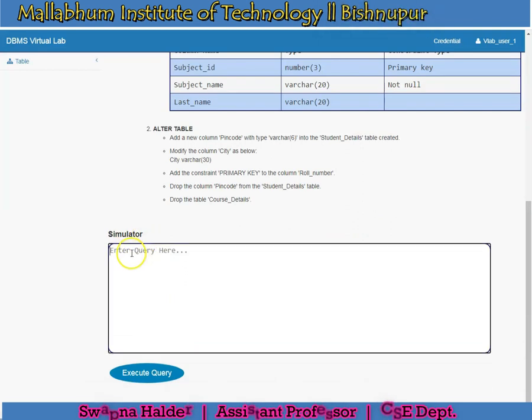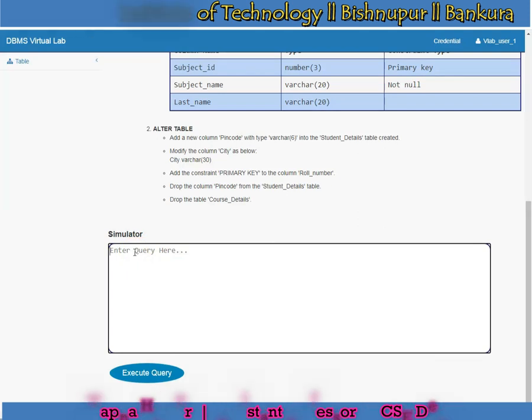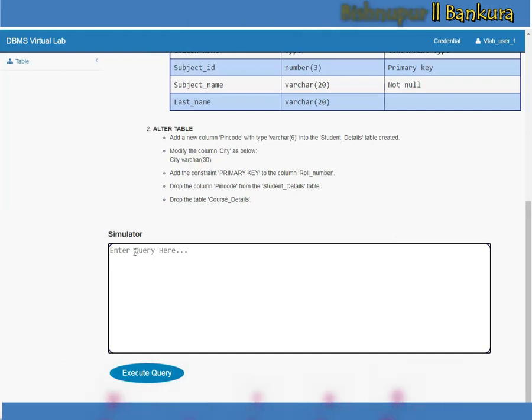Go to the simulator and enter your first statement. We will try to create a table MIT consisting of the ID of a student and the name of the student. So write down the query.